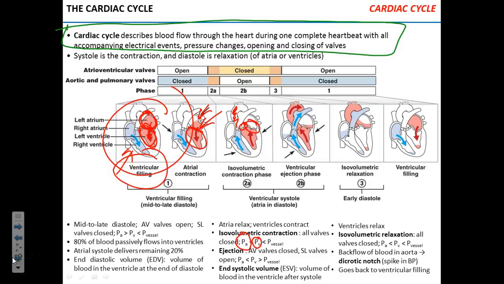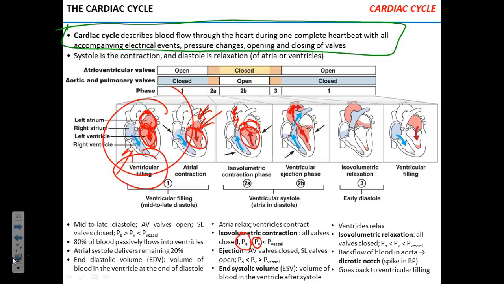So, both valves are closed. The ventricle is continuing to squeeze the blood, trying to get it out, right? Can it get it back into the atrium? Why can it not? Because of the valve that is closed, right? So the only way for the blood from the ventricle is to get into the vessel. In this case, since we talk about the left side, this is going to be the vessel aorta.